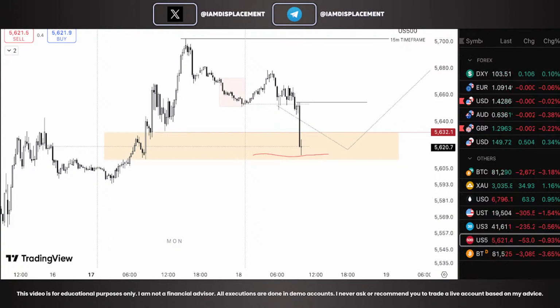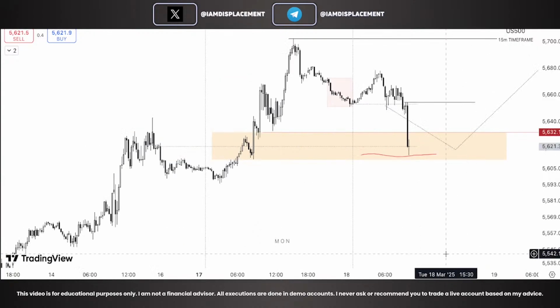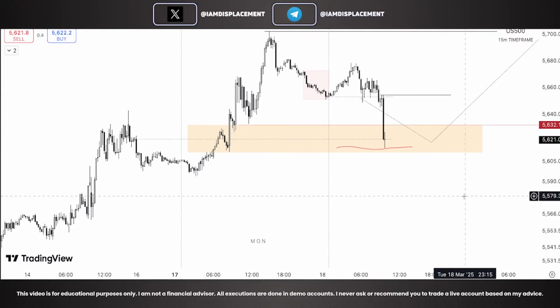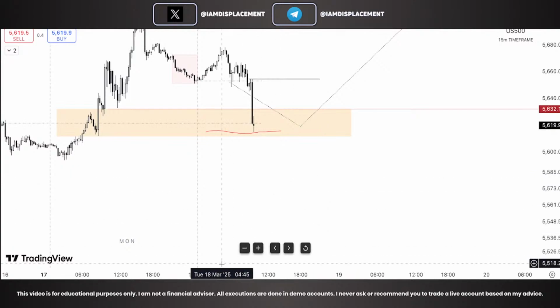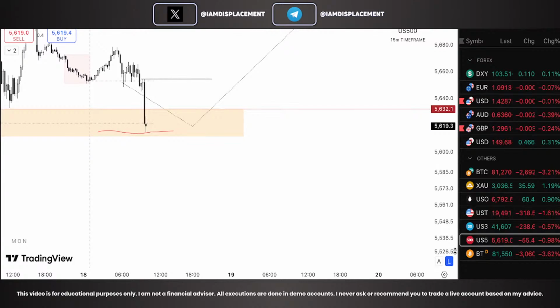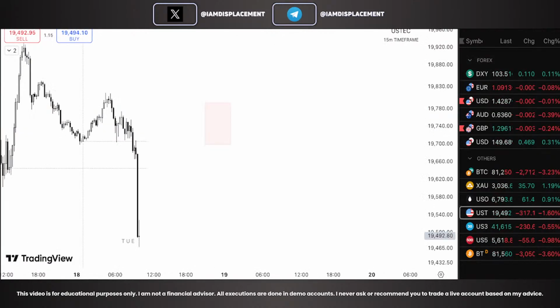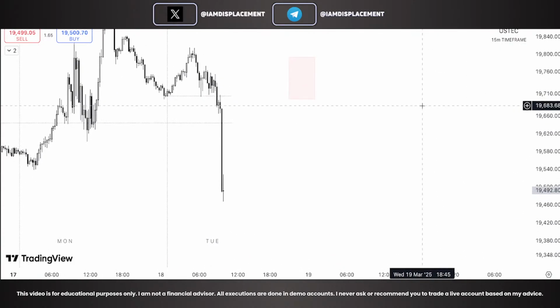If you guys want to backtest a strategy, it's a scalping strategy. Right now I'm still trying to figure it out. I'm not trading, I'm just working on it. You have to trade only US 500 and Nasdaq, not any other pair. The strategy is pretty simple. You have to wait for